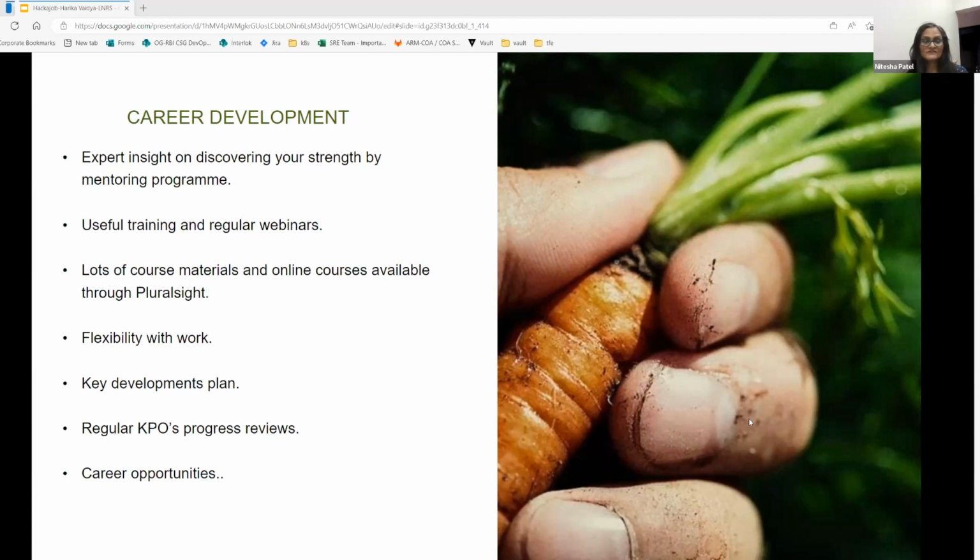And lastly, career opportunities. Being part of this huge organization, there are lots of opportunities available every day. You get emails saying this job is available in this sector, so you always have lots of opportunity here, also as career development. You can also refer your friends and tell them what opportunities are available. So that's what is involved in career development at LexisNexis.